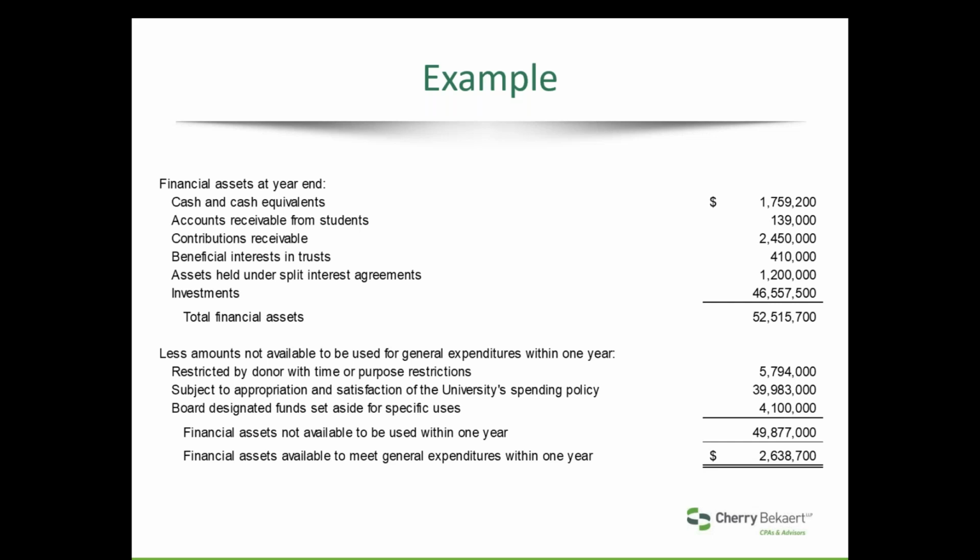But before we go on to other examples, one question that we have gotten is, what if you do this calculation and it gets to be negative? Generally, it shouldn't be negative unless you're borrowing from the endowment, from restricted assets, etc. But if you do get a negative financial assets available to meet general expenditures within 1 year, I would suggest playing around with different options and seeing if you're getting the same result, or it's just something that you may be missing or not taking into consideration.